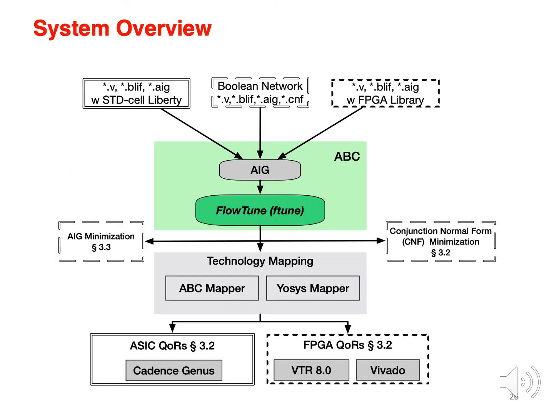So this is the overview of our system. We built FlowTune in ABC, so we can utilize the front end of ABC to take various design formats to perform different Boolean optimization tasks. So we have AIG optimization, we have technology mapping for both ABC standard cell and FPGA, and it actually can